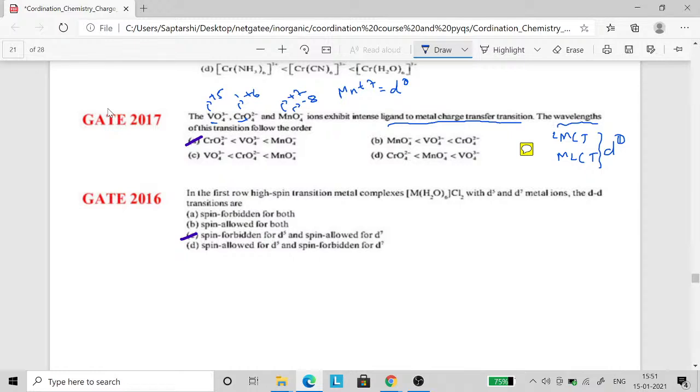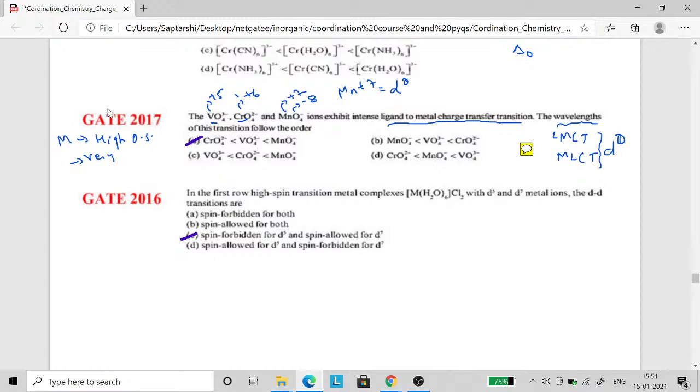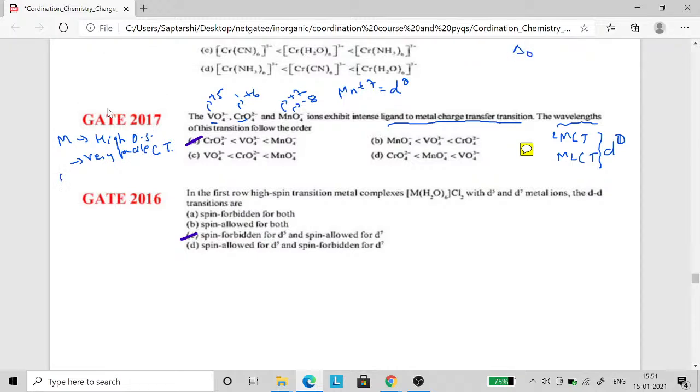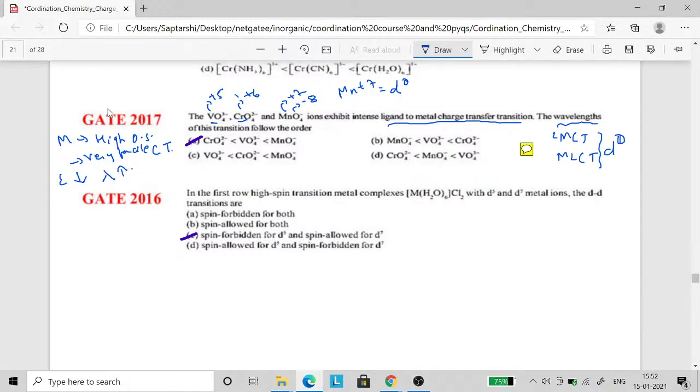Normally we know that when the metal has a high oxidation state, the charge transfer is very facile. So the energy is lower, and because the energy is lower, the wavelength is higher. So the wavelength will be higher for a high oxidation state. So the highest will be for MnO4 minus, then for